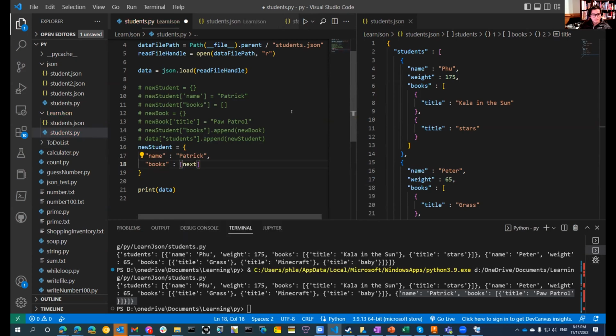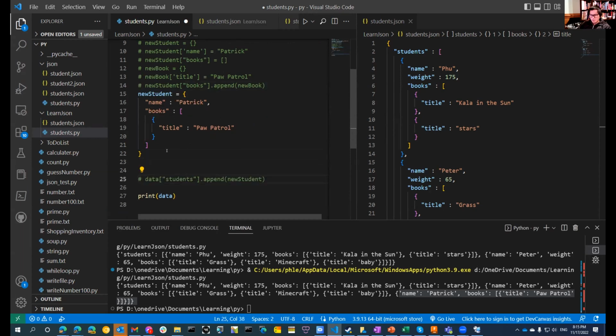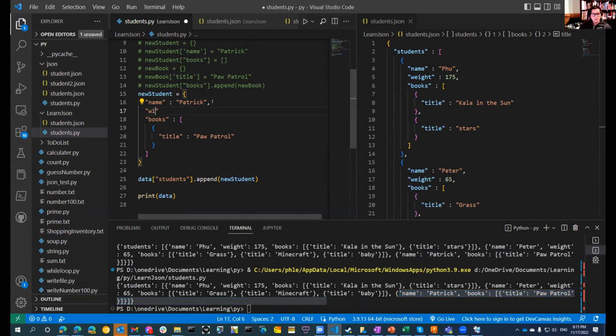And then I can specify here. Okay, so you can see, and then I do the same line here. So copy that, cut that, and here it will work the same way. If we run the program again, it will work the same way. Say Patrick right here, right? Patrick weight is